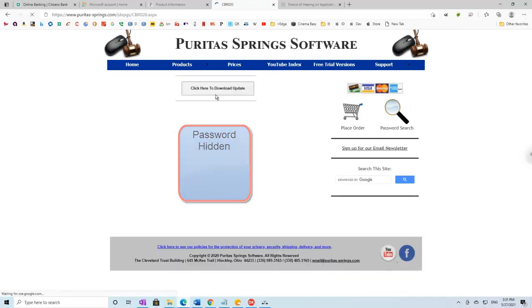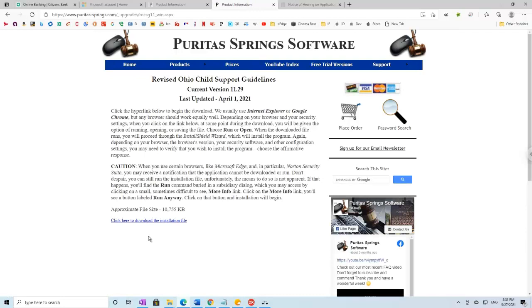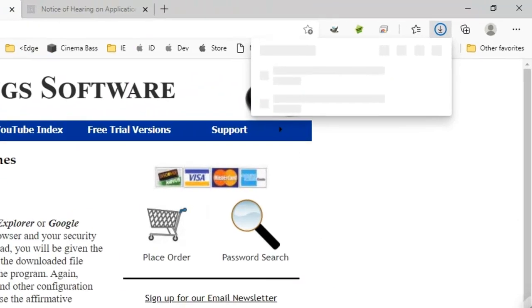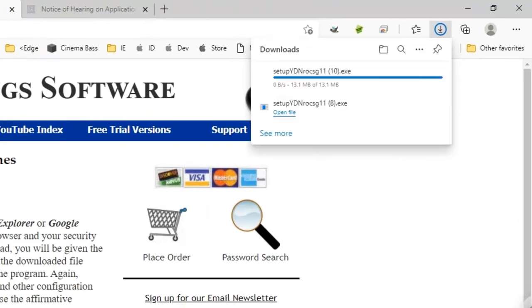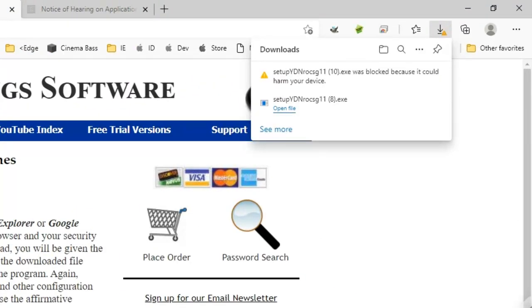Click here to download the upgrade. Download the installation file. Now you see it's happening a little different. With Chrome it was in the bottom left. With Edge it's in the top right. And we see there